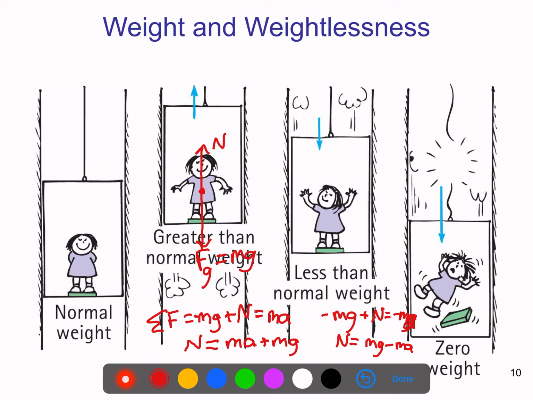And so you could then extend that to the scenario that, well, what if the whole elevator cable breaks? Well, now I'm going to be in free fall, and I will be just like the astronaut in outer space without a support force on my body, and I will experience that as if it's zero weight.